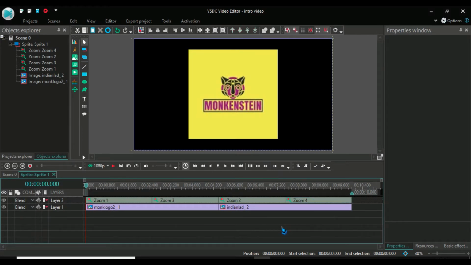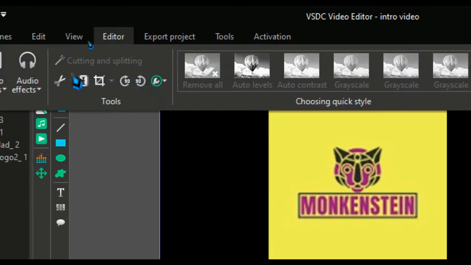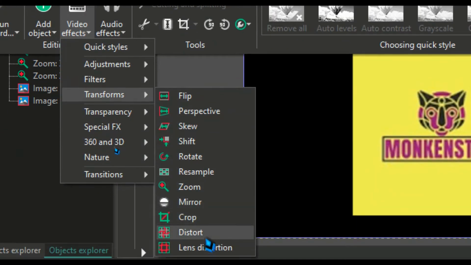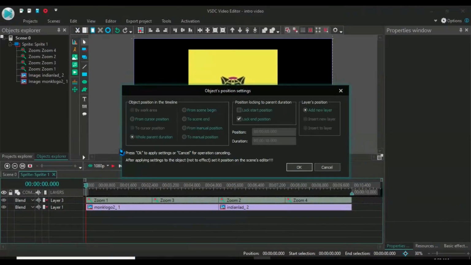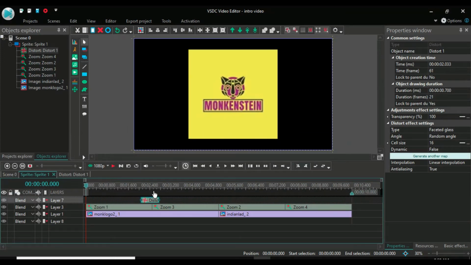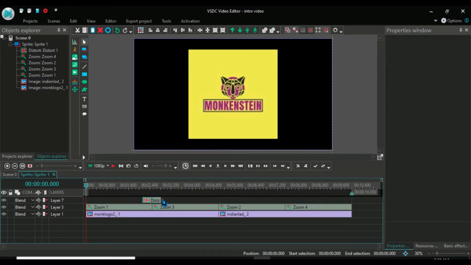Now let's suggest you go for another editor option, which is distort. Okay, so you need to keep the distort between every zoom, breakage of every zoom. Like I'm just keeping it between zoom 1 and zoom 3. You need to just see it.